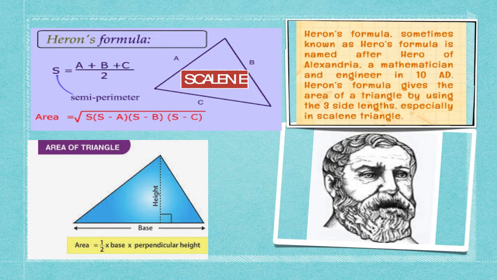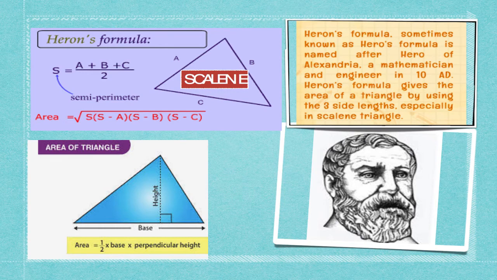So now let's start with the Heron's formula. What is Heron's formula? Who discovered this formula? Let's come to that point. Heron's formula, as its name suggests, is the name of the scientist. It is given on the name of the mathematician or the engineer who discovered this formula. The name of that mathematician is Hero of Alexandria. The name is Hero and he was from Alexandria. That is why this formula is called Heron's formula or Hero's formula.